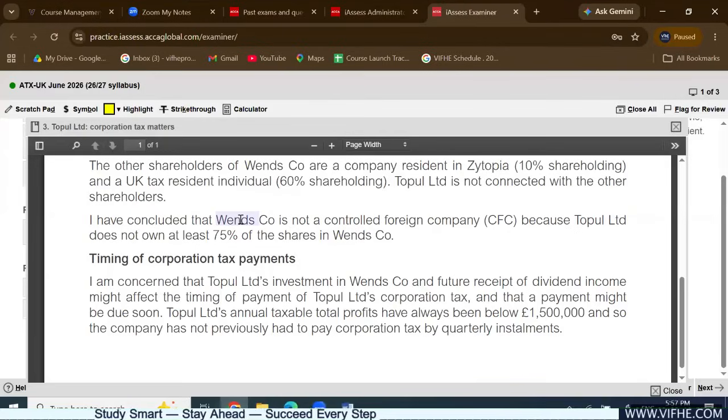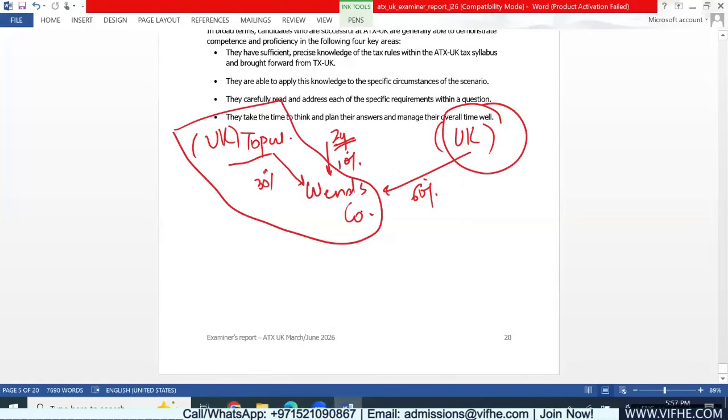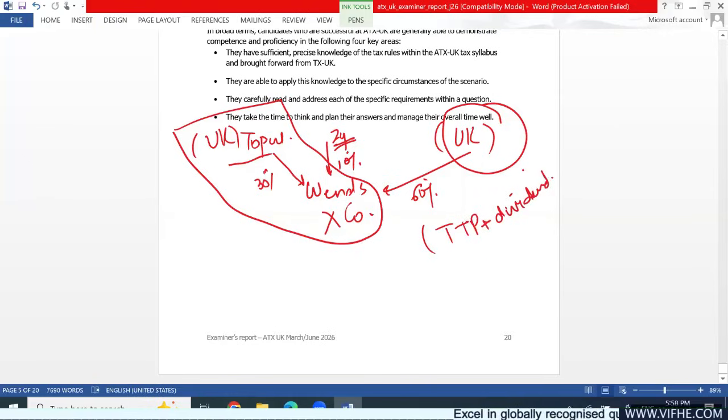Okay. Coming to the point of whether it is having any impact on quarterly installments, I told you the company Topal Limited is not having a shareholding of more than 50% in Wensco, which is why Wensco is not an associated company for Topal Limited. And if they are asking when the quarterly installments are going to be due for Topal Limited, see, when we see Topal Limited's augmented profit, by augmented profit, I mean the taxable total profit plus dividends, which Topal Limited is receiving from non-associated companies,